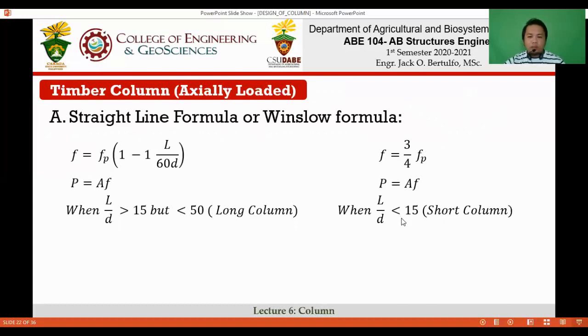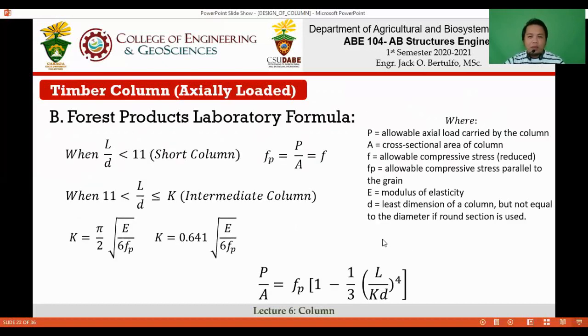If your slenderness ratio is less than 15, then you can say that it is a short column. Then you can calculate the modified compressive stress using this formula: F is just equal to 3/4 FP. It is just as simple as that if we're using the Winslow formula. But most of the time,